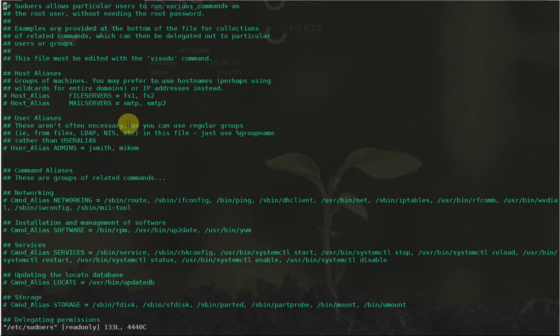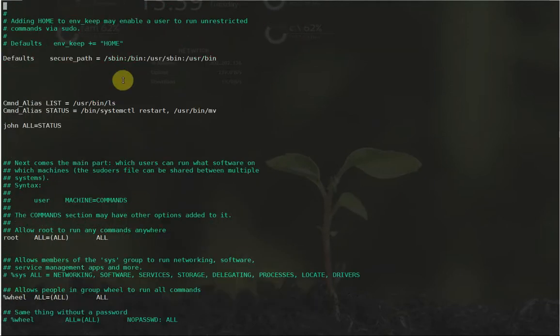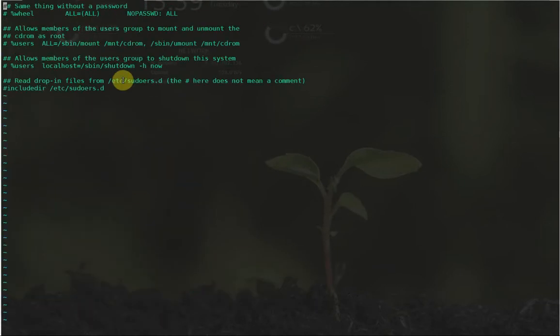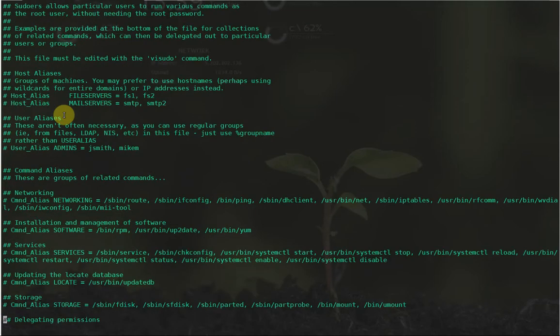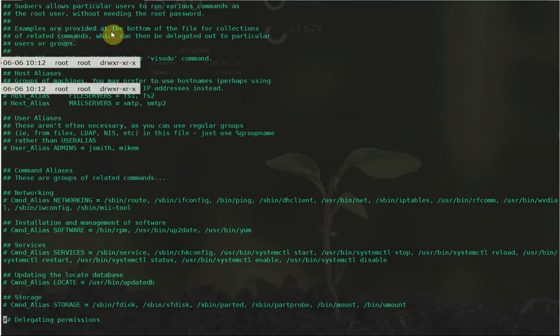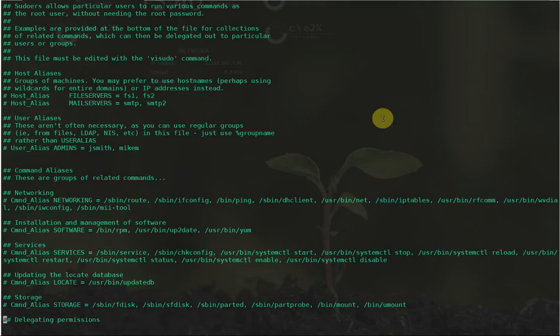As you can see, there is a lot of configuration here, and you can check it from the first. But be careful, editing the sudoers file with errors or bad syntax may result in locking out all users on your distribution. So instead of editing it with vi or nano, you are able to